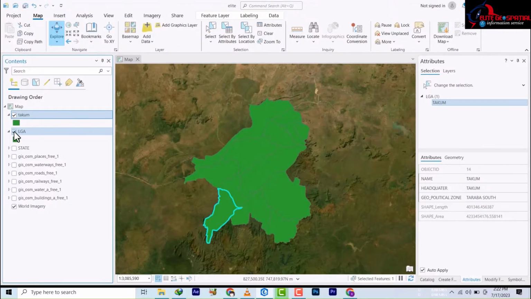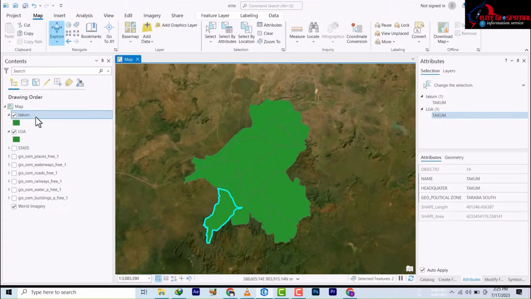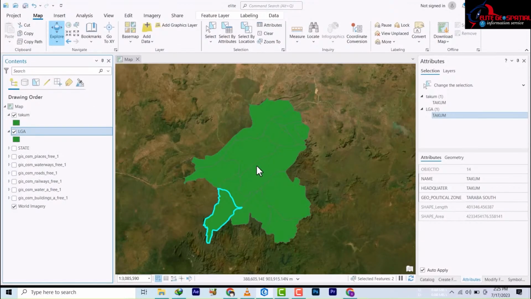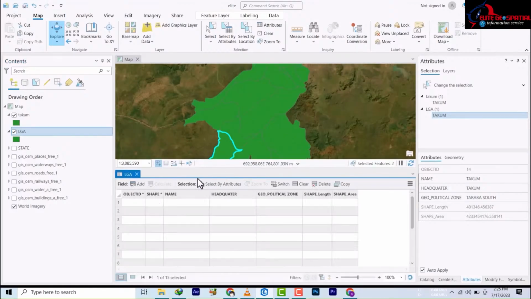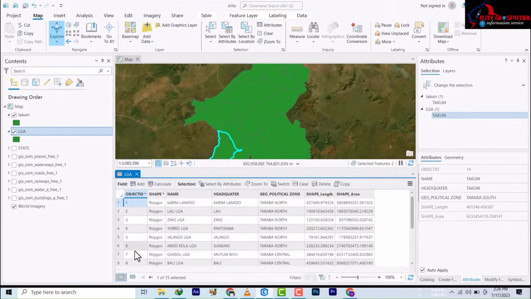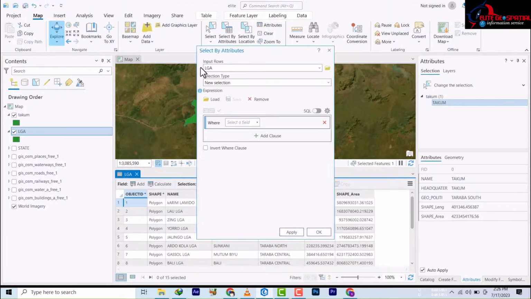So the second case study will be, to do the second example, I will come back to the LGA here and right click and go to attribute. While the attribute table is showing plenty of attributes already, I'm going to uncheck everything because we made a selection before of Takum. So I'm going to uncheck all of it. That is cleaning, and then I'm going to come to select by attribute, and it's saying LGA, yeah, and